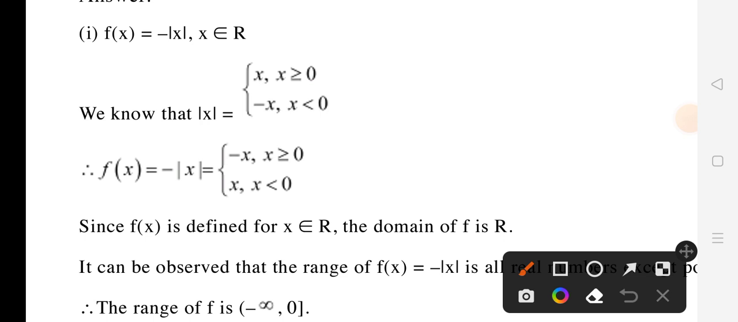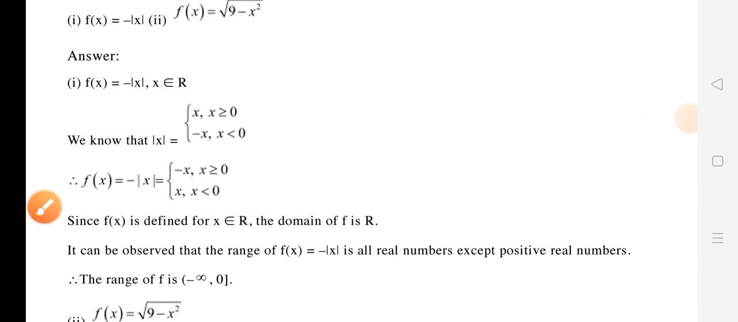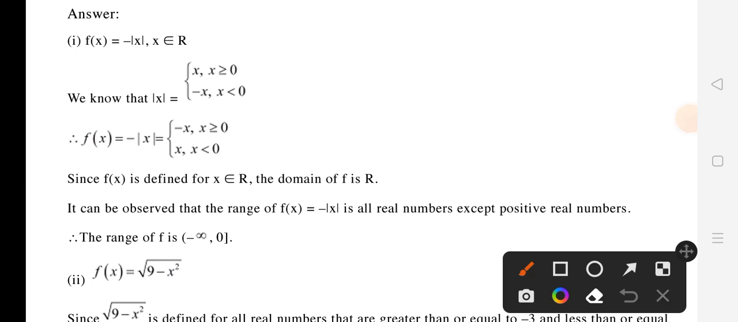तो डोमेन ऑफ एफ, यदि फंक्शन के डोमेन के बारे में बात करें तो वो रियल नंबर होंगे। ये भी ऑब्जर्व किया जा सकता है कि रेंज ऑफ एफ एक्स, जो है माइनस ऑफ मॉड ऑफ एक्स, इज ऑल रियल नंबर एक्सेप्ट पॉजिटिव रियल नंबर। तो फंक्शन के रेंज की बात किया जाए तो ओपन इंटरवल माइनस इन्फिनिटी और ये जो है 0 तक जाएगा, क्लोज इंटरवल 0। तो रेंज जो होगा माइनस इन्फिनिटी टू 0 लिया जाएगा।